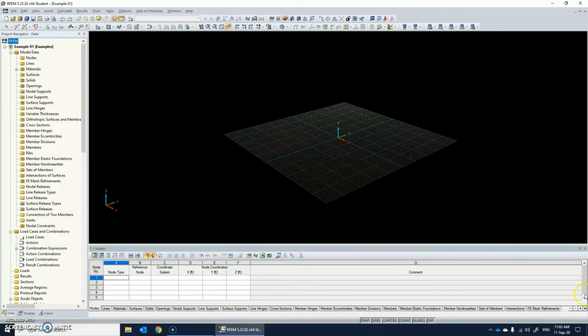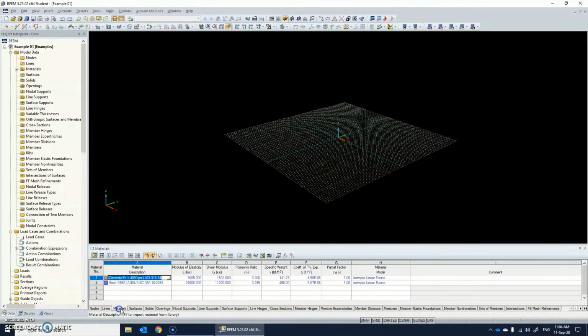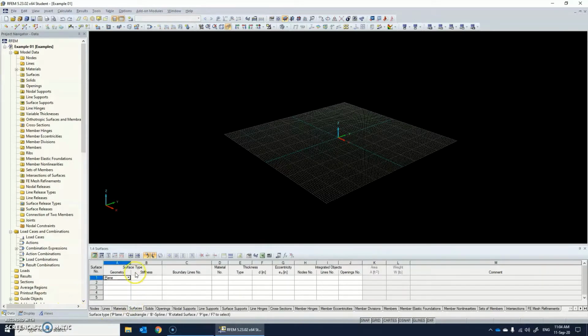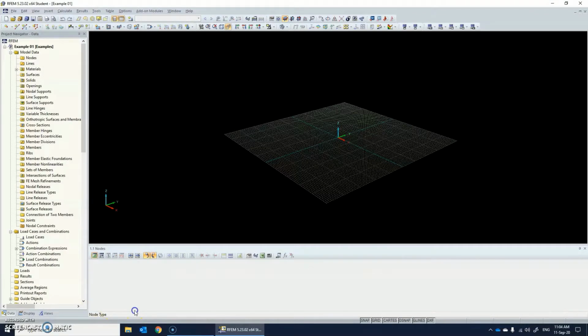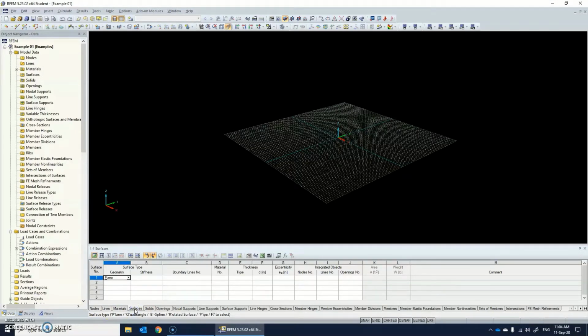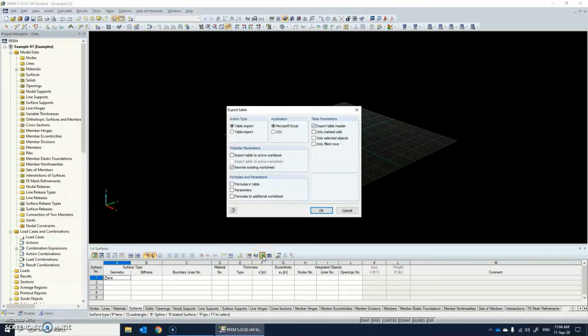Then below here we have a table which says nodes, and then we have several tabs here which say lines, materials, surfaces. As we create new nodes, new materials, and surfaces, the data in these tables also gets updated, and you can quickly export them into Excel using this icon. You can export them as an Excel file or CSV file,